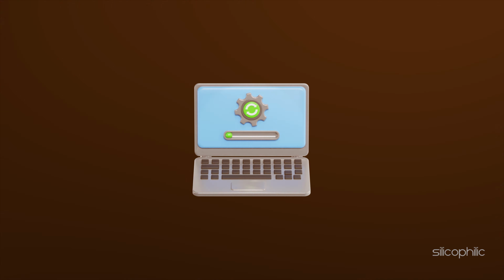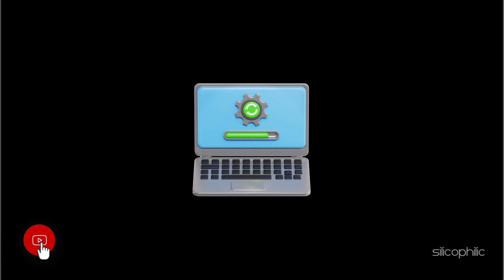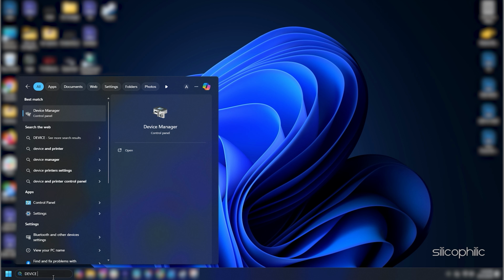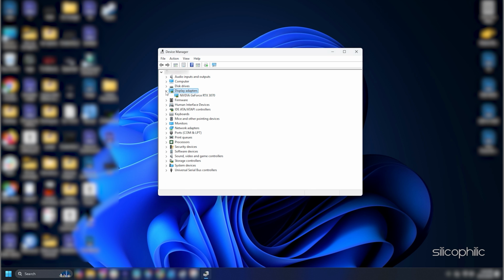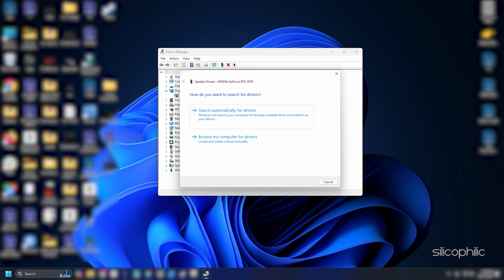Method 1. Troubleshoot the graphics drivers. The next thing you should do is troubleshoot your graphics drivers. Right-click on the Windows search button and choose Device Manager. Go to the Display Adapters section and then expand it. Right-click on your graphics driver, select the Update Driver option. Click on the Search Automatically for Drivers option and follow the instructions provided on screen to download and install the